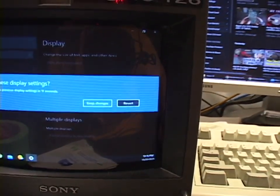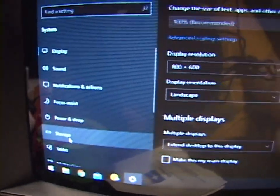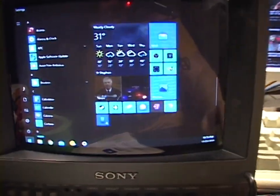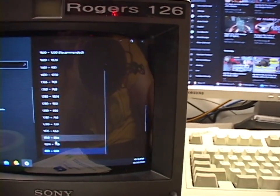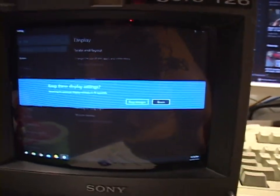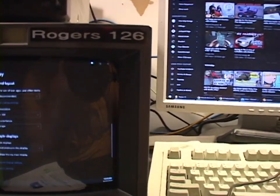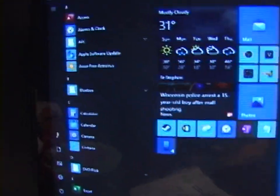There we go, 800 by 600. And the text is still pretty readable. No problem. 1024 by 768 is pushing it for this monitor. Yeah, the text gets kind of